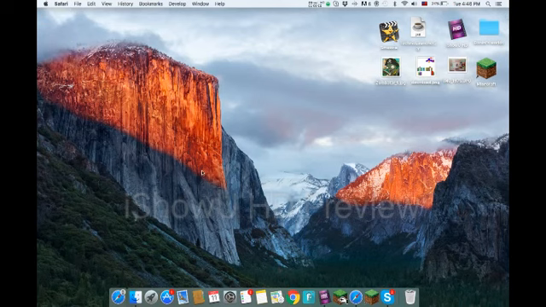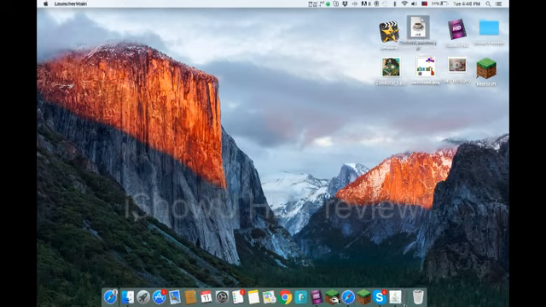A lot of people wanted me to do this because I have my mod pack and Technic Launcher. You can just play modded Minecraft for free. This is what it looks like. Basically, it's opening that. So I'm gonna show you how to get it.